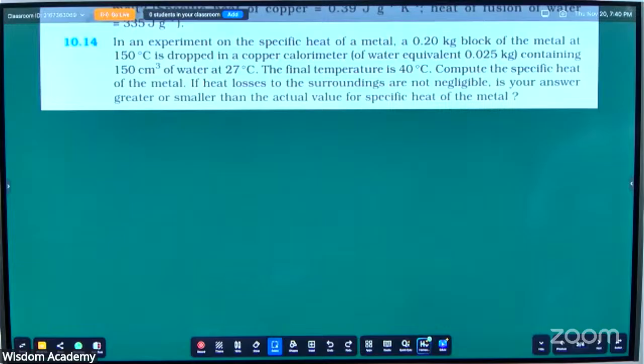They have given not density, man, volume. Volume of water they have given. They're expecting you to find the mass of water from its density formula. Density is mass by volume. Density of water is 1 gram per centimeter cube. They're expecting you to use that theory and find the mass of water, not give it directly. Good question this is.